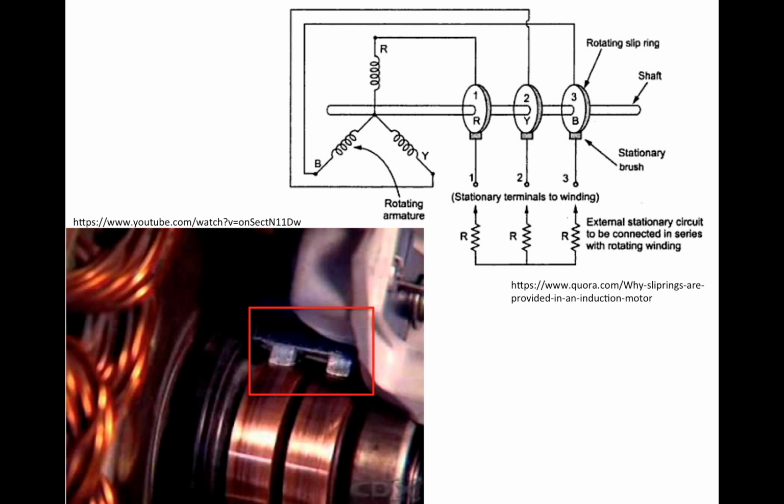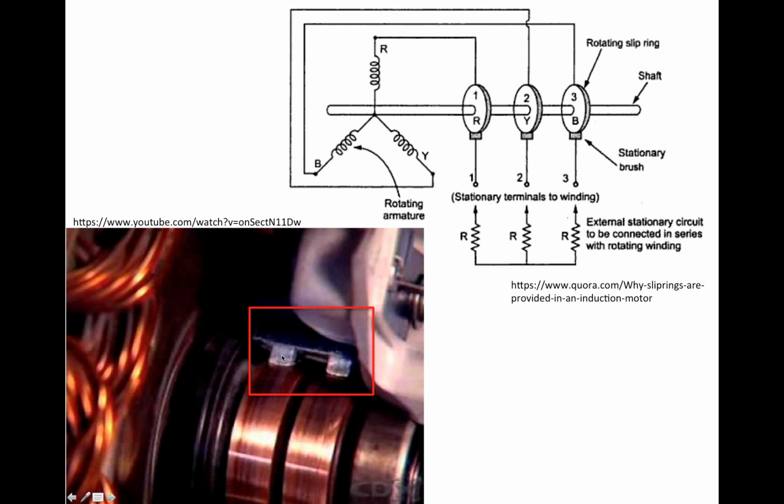How do we actually do that mechanically? The solution is to use a stationary brush. So there are stationary brushes. Those are the brushes. There are stationary brushes that are pressed against the slip rings. As the shaft rotates, the slip ring rotates, but the brushes are stationary. The brushes are not moving, and because they are pressed against the slip rings,